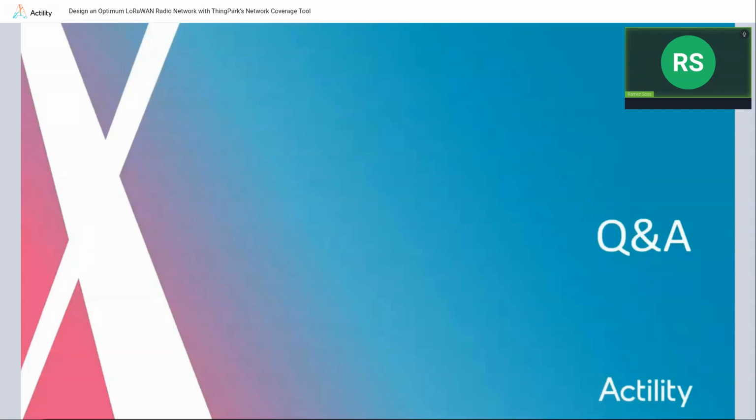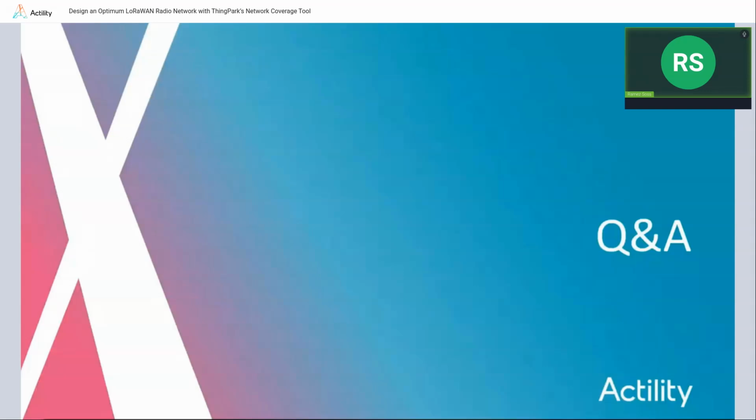Can I tell the tool that I like to have redundancy so a failure of a gateway doesn't impact me? And there is another question just afterwards also speaking about overlapping and redundancy. So actually both questions can be answered together. That's a very good point. And actually that's something that we are looking at in one of the upcoming versions of the tool. We want to make sure that part of the output is the number of gateways that can cover each part of our coverage map.